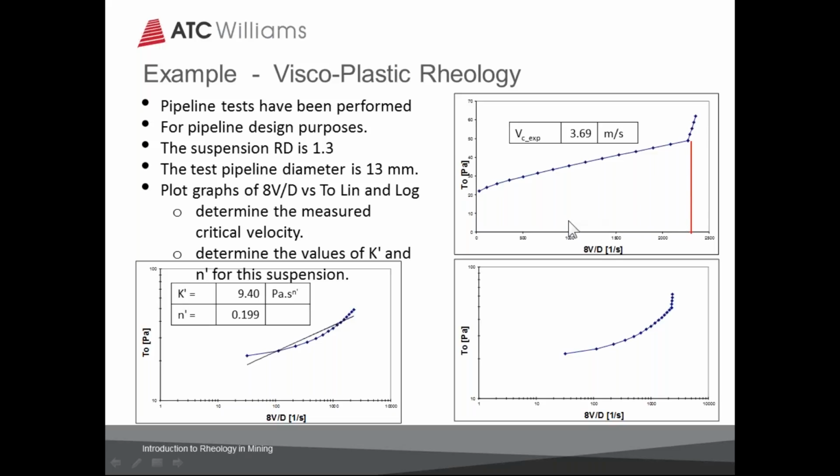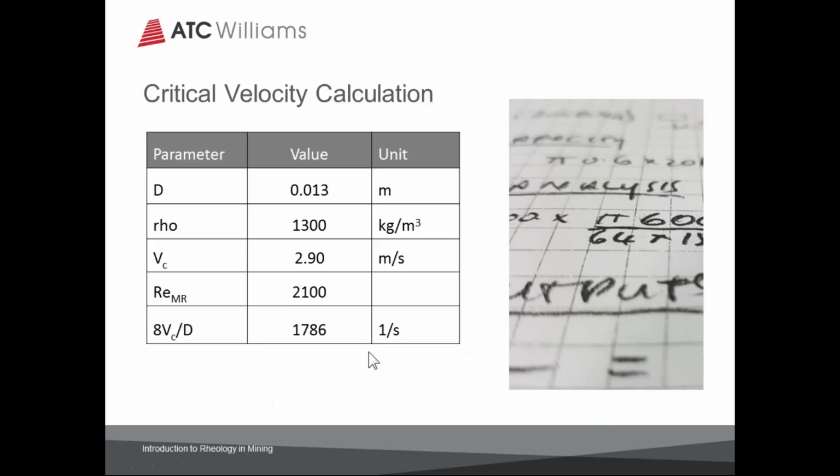That's on linear axes. We plotted on logarithmic axes. That's the same diagram as above. And then in the laminar region, we'll fit a straight line so that we can start using the Metzner-Reed approach. And that gives us the values for the two constants as shown here. And then we can use these constants and do the calculations